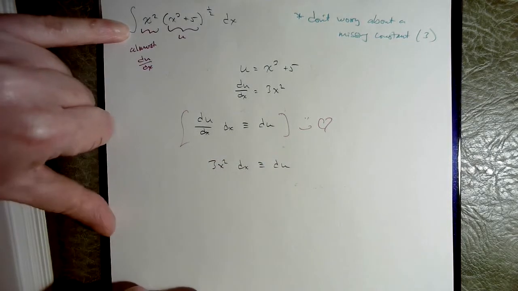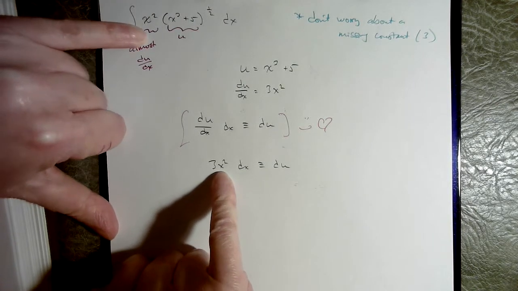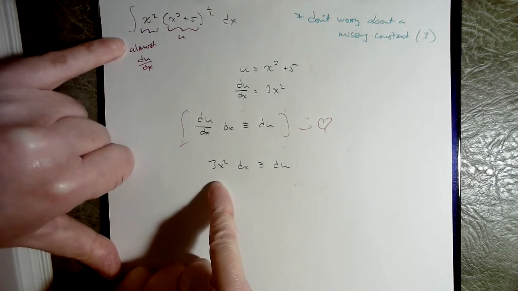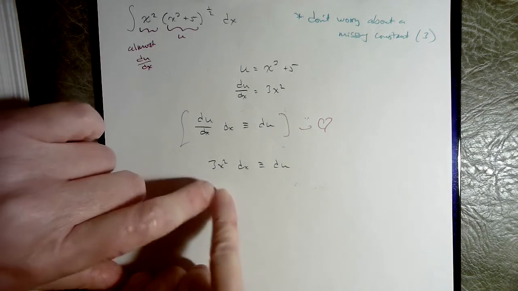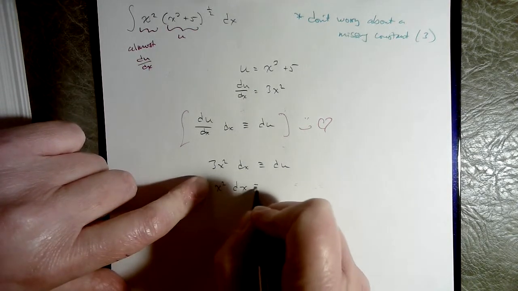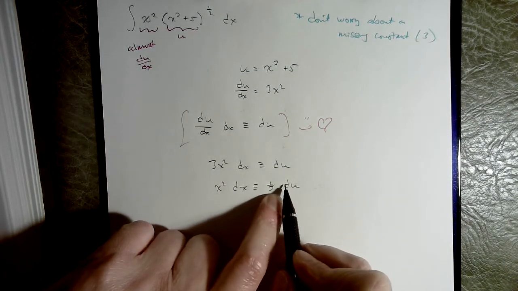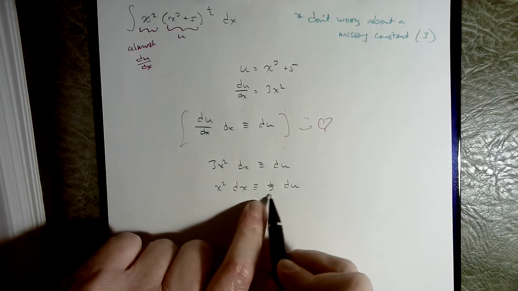And you go back to your original and you're like, I don't have the 3. I have the x squared and I have the dx, but I haven't got the 3. Okay, you know what? We can divide by a constant. Let's just divide by a constant. So here's my swap. And notice I am not dividing du by 3, I'm multiplying it by a 1/3 because